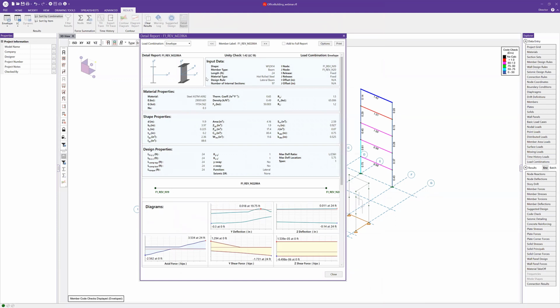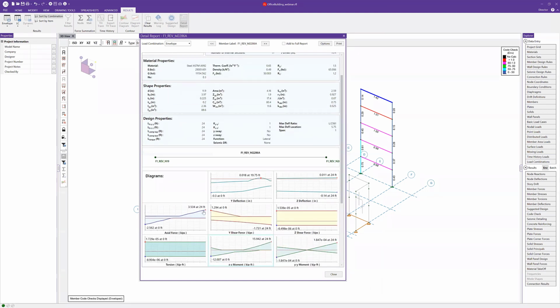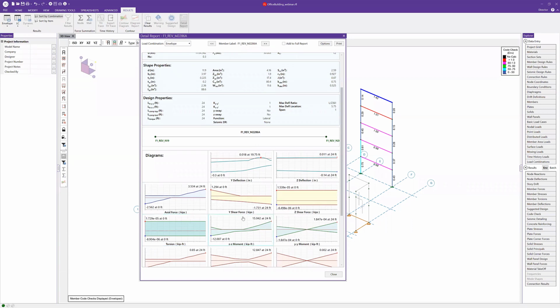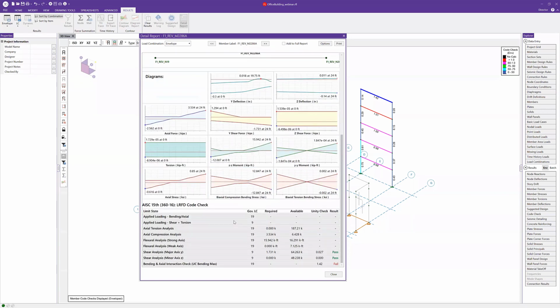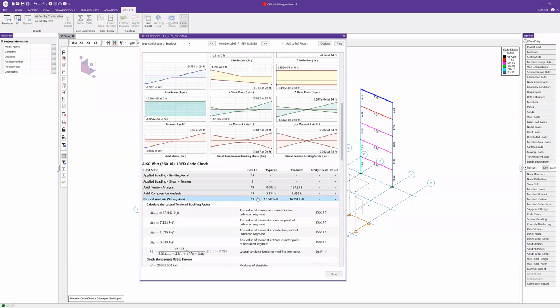Now we can see all the basic data, that's fine. We can see all the diagrams, and we could expand the diagrams and look at them as well. But really what we want to look at are the limit state code checks, in this case for 360-16. We can see we're failing in combined axial and bending, but if we look more closely at our required and available values, most of this seems to be coming from flexure. We have about 50% utilization in our axial compression, but a lot of strong axis flexural bending. So we can look step by step,